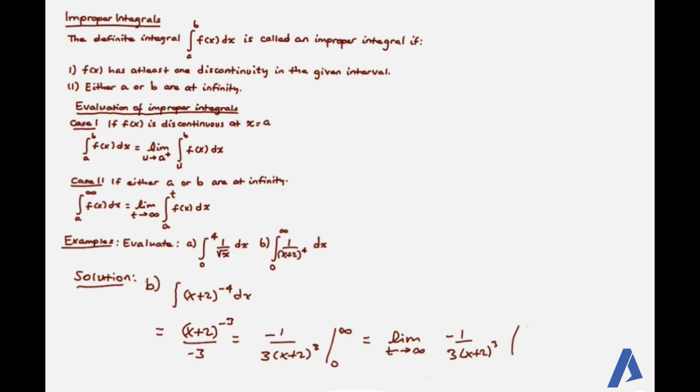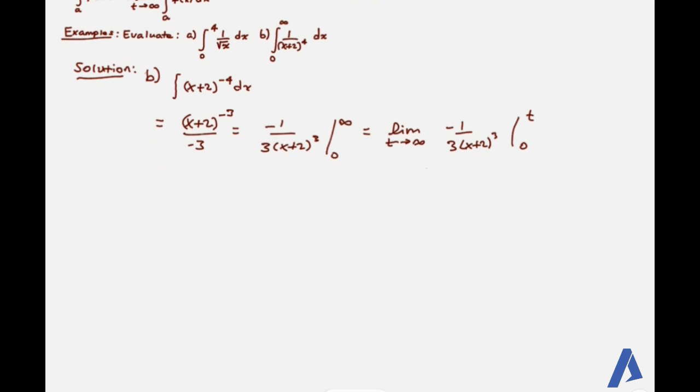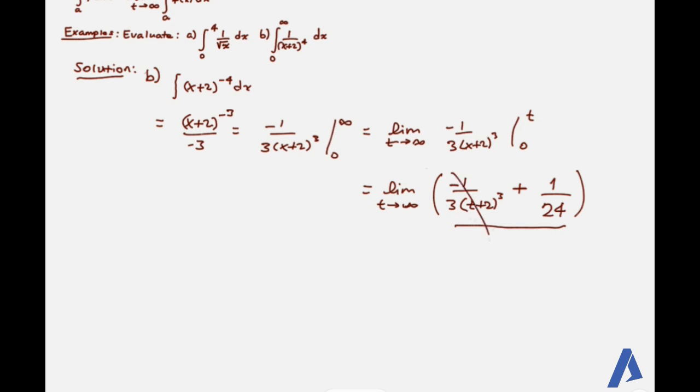We evaluate this from t to 0. So this is equal to the limit. ስለዚህ at t not 0 finally ይሄ value ይመጣል። ስለዚህ the limit of this as t approaches to infinity ይሄኛው 0 ይመጣል። ስለዚህ ፋይናል አንሰራችን 1 over 24 ይሆናል ማለት ነው።